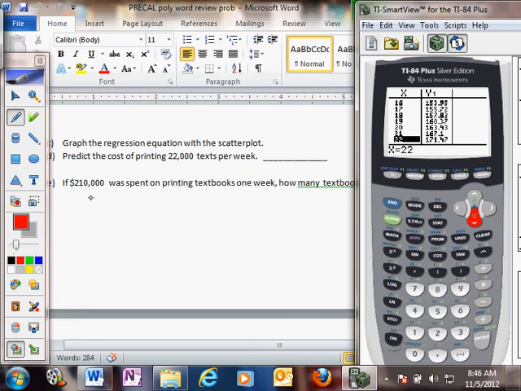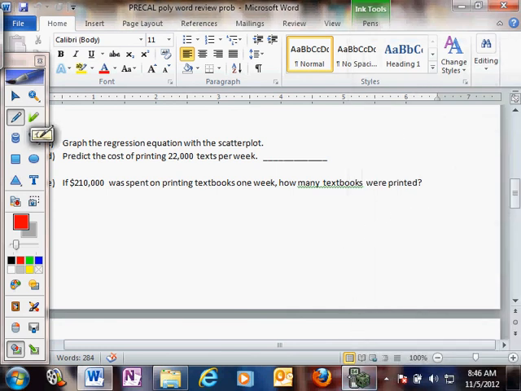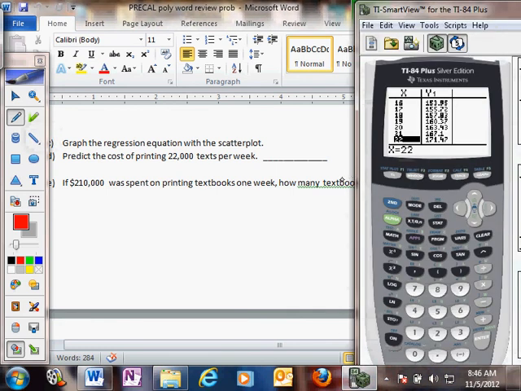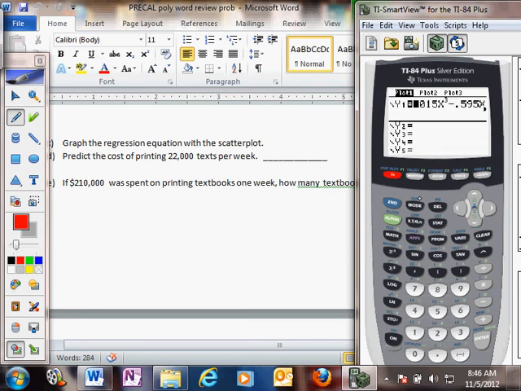E says, if $210,000 was spent on printing textbooks 1 week, how many textbooks were printed? What this is asking is, when y is 210, what's x? Well, I can scroll down here in my table and see if I get lucky if 210 is on there, but it's not. And so what I have to do is go to y equals again and go to y2. When I'm looking for x but I'm given a y, which is the cost, and I'm looking for x,